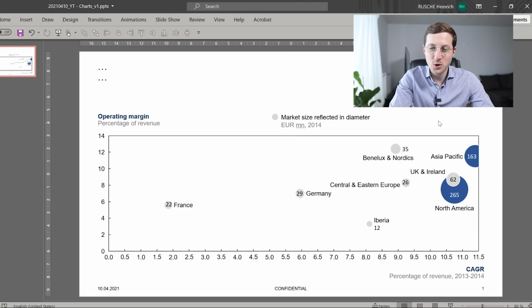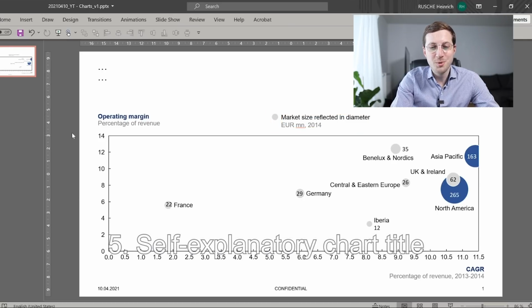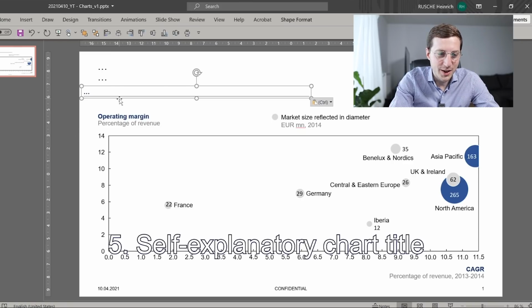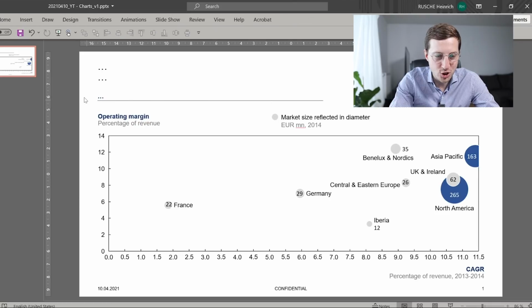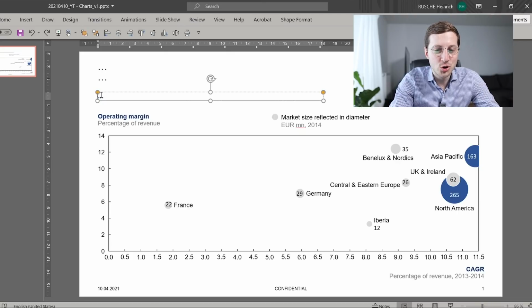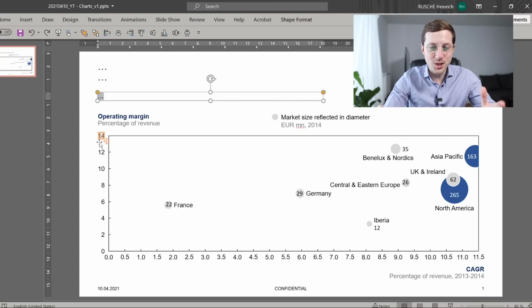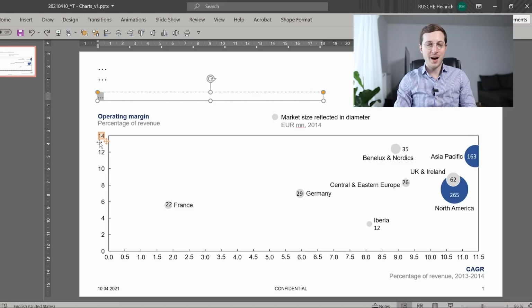Now to the diameter, the third dimension with the market size. Here you see my suggestion on how to call this next to something that should be included on every chart, and this is a chart title. So I'm just copying it over here, a basic element. This is pretty much just a combination of a text box and a line element that is just put together here. And indeed, the title should clearly label what you're seeing, because this is often quite a struggle.